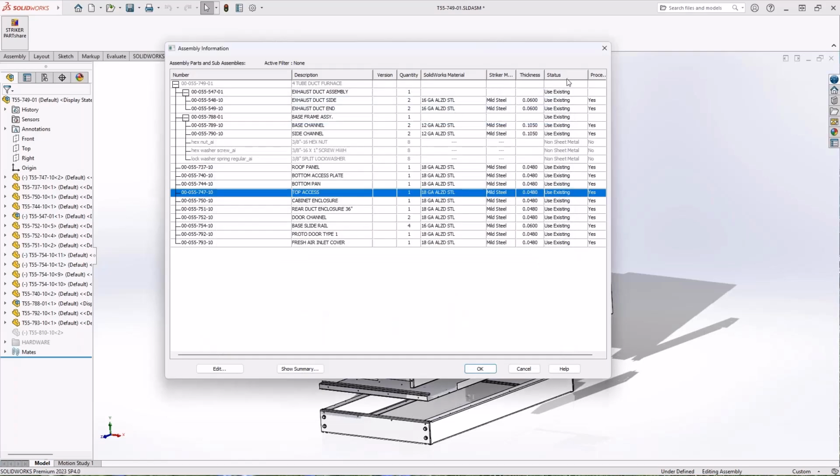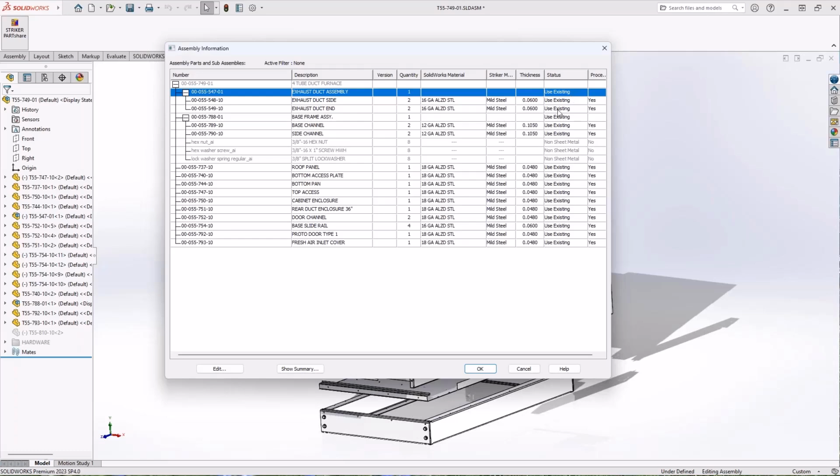Now over here, you will see that there is a status, and the status says use existing. It says use existing because it's detected that all of these parts are already out there. We're updating this assembly, but by default, and this is just a personal setting that I have on here, I'm going to say I want to use the existing parts that are already out there unless I override that column. I could have it by default say update all those parts. But I'm going to say, you know what, I got this subassembly here. Let's assume that a couple of the parts on that subassembly have been updated, some revision to them. So I'm going to say I want to update the subassembly, and it tells me it's going to update those parts. So when I OK that,